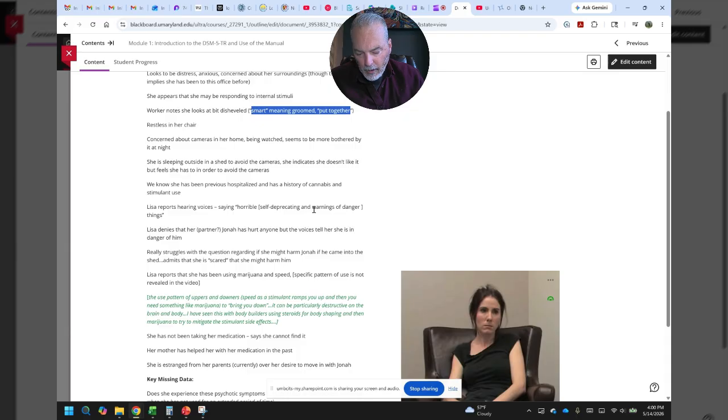So some of the things that jump out in terms of key data and also safety concerns are her concern about having cameras on her where she's sleeping outside, and that she may have transmitters within her. So the sleeping outside creates, I think one of the things that's good about this particular case with our fictional client, Lisa, is to provide some illustration.